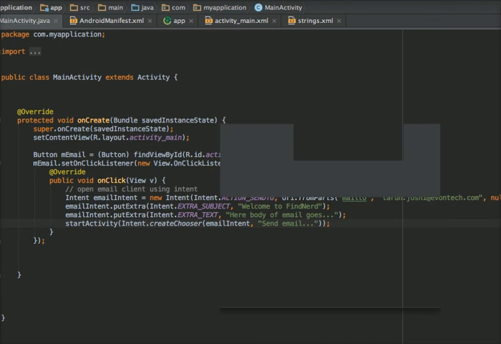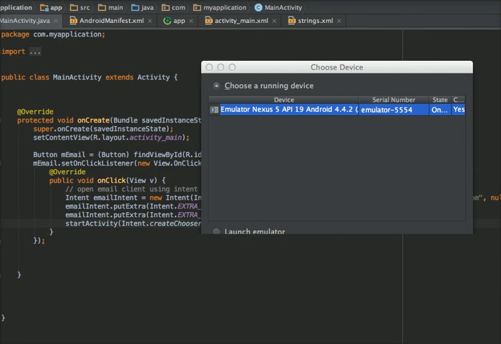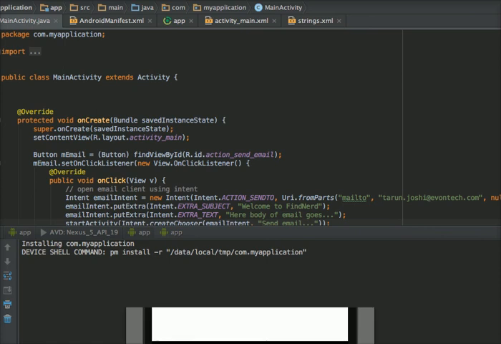Yeah, it's taking some time. Meanwhile, let me tell you what I did in this tutorial. This tutorial is basically about how to send an email using an implicit intent.